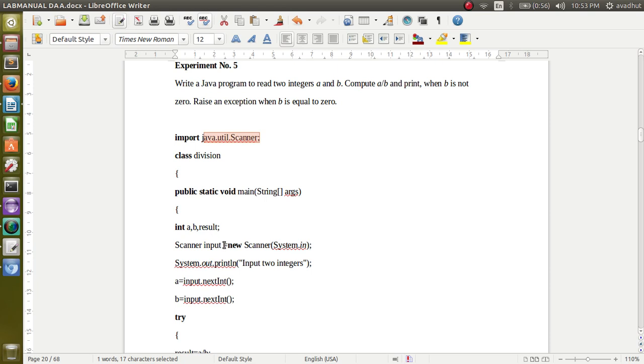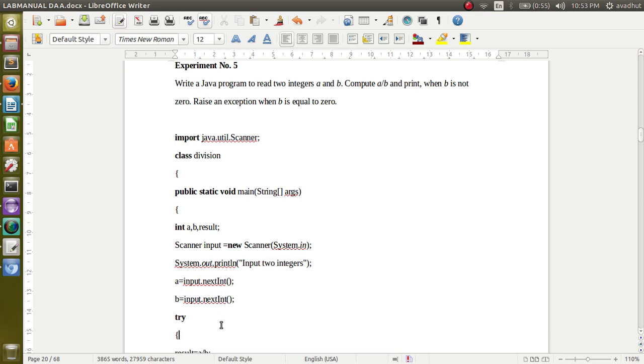To read, we are declaring an object of the scanner, that is input. Input is an object of the scanner class. Then we ask the user to enter two integers, and a message will be displayed. The first integer will be stored in a, the second integer will be stored in b. We are reading integers, so we use nextInt as the function.